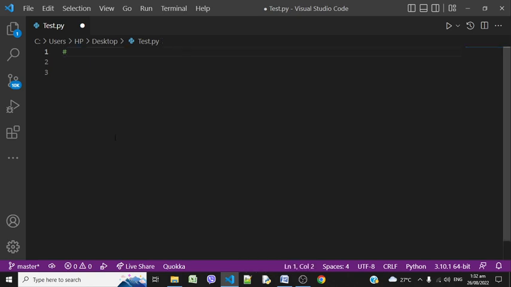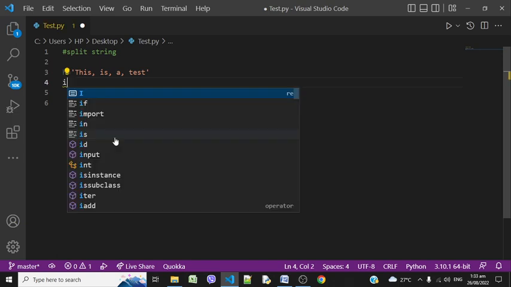Then we have the next topic, split string. So we need to split the string. For example, variable H is equal to "this, is, a" like this, with commas. Then we will split